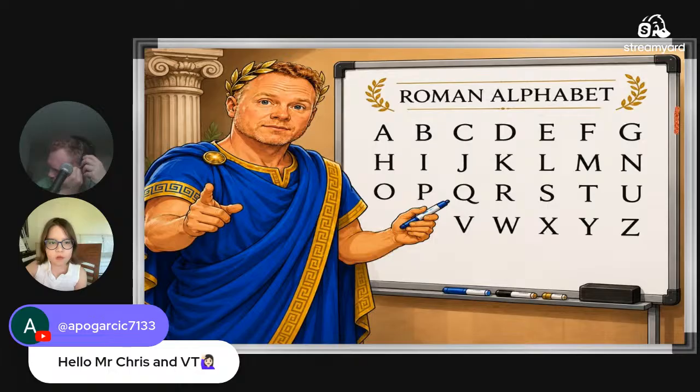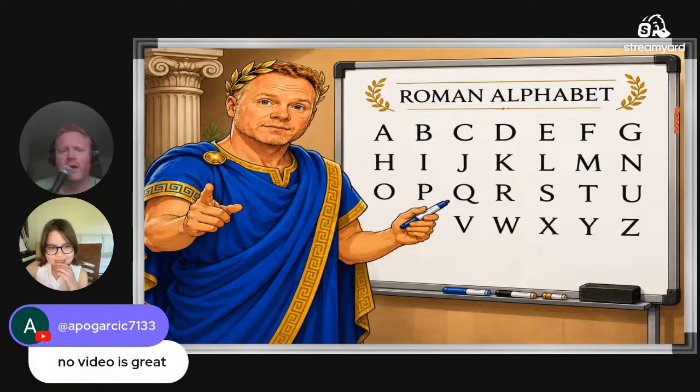So the Roman alphabet is used in languages such as Italian, French, and Portuguese. Yeah, I think it's most of the European languages and some of the non-European languages. My students tell me that it is a bit different for other languages. For example, Italian, the Roman alphabet is a bit different, but it's still basically the same.